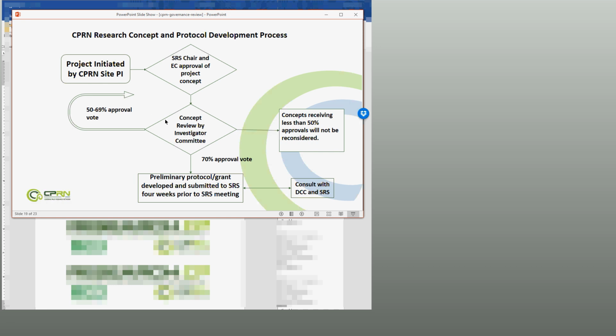But if there is a 70% or greater approval, the concept and the investigator are invited to move that along to become a preliminary protocol or grant, and they get connected to consult with the Data Coordinating Center and the Scientific Review Subcommittee. If they get a vote between 50 and 69%, that's kind of like the A1 on a concept. They're allowed to revise it and bring it back to the investigator committee at a future time. And if they get less than 50% approval, we're just saying, this is really not of interest